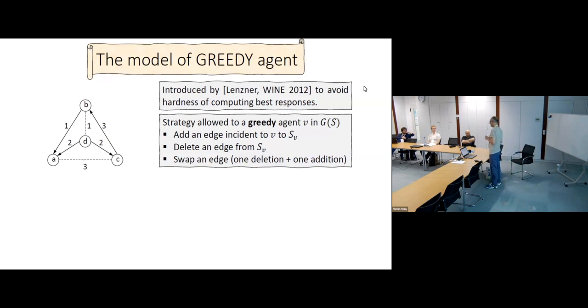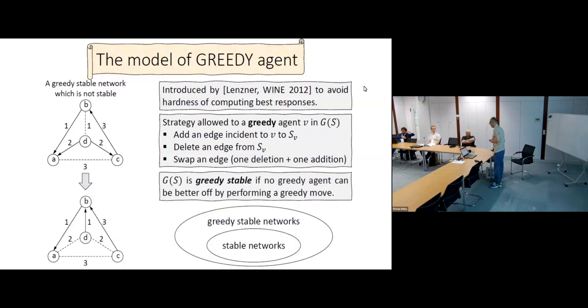The agent V is allowed to either add a new edge incident to L to the network, or the agent V can delete an edge from S of V, or the agent can swap an edge. Swapping an edge means that the agent can delete one edge and then add another edge at the same time. Okay? As you can understand, the model of a greedy agent is weaker than the model of selfish agent I